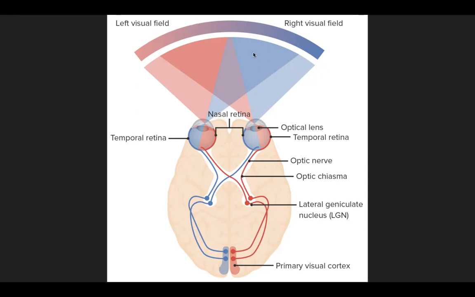And this left and right can be confusing, but if you imagine yourself standing here and looking this way, you're going to see that the right to you is these blue and the left to you are these red. But as we see, what we see in the right visual field is then processed contralaterally in the left hemisphere. So when it crosses over into different sides of the brain, we call this contralateral. And we see the same thing here, that the left visual field then crosses over and is processed